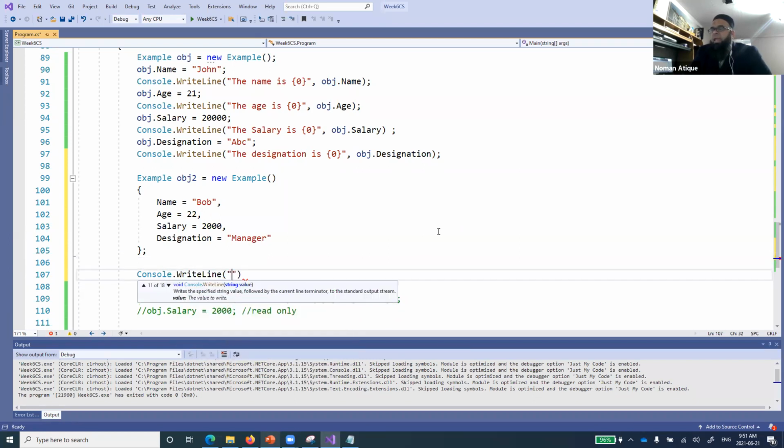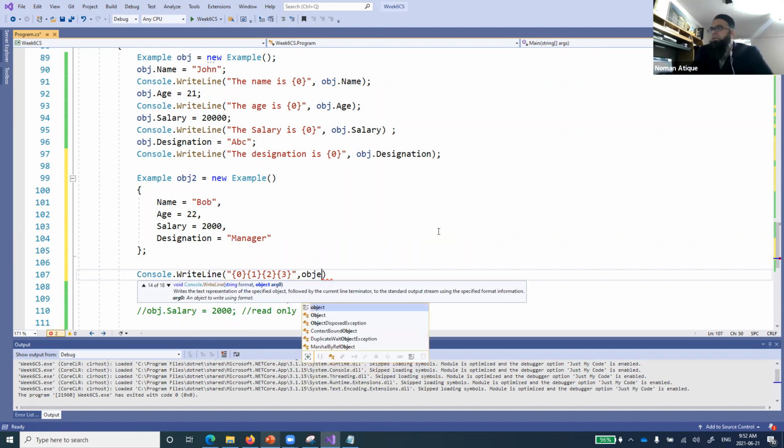Write line, and let's put 0, 1, 2, and 3. I want to print them all.